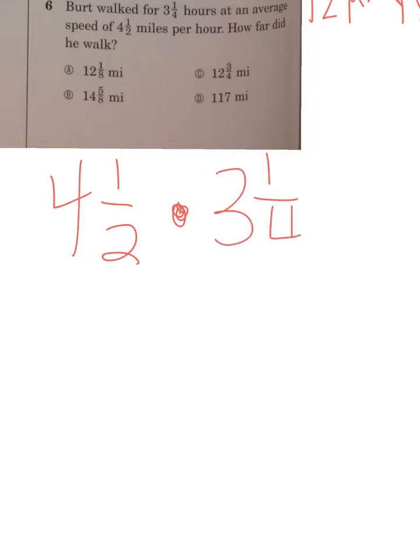Number 6. Bert walked 3 1/4 hours at an average speed of 4.5 miles per hour. How far did he walk? That means at 4.5 miles, it took him 3 1/4 hours. So we're going to multiply 3 1/4. When you multiply this in your calculator using the mixed number times the other mixed number, you get B, 14